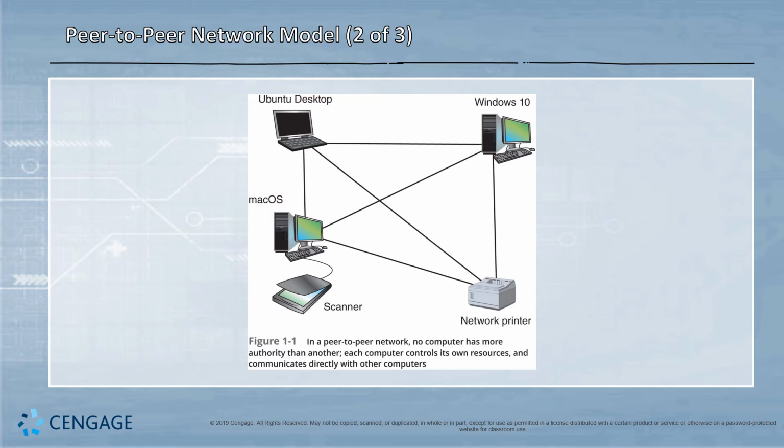But no one of these devices has any authority to control the others, except for, as I said, the scanner being slaved to the Mac OS because that's the primary network connection. That is a gateway control at that point. And they do communicate directly, meaning that the Mac OS device can speak to the Windows 10 device without having to have an interceding